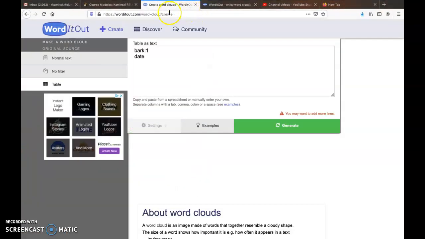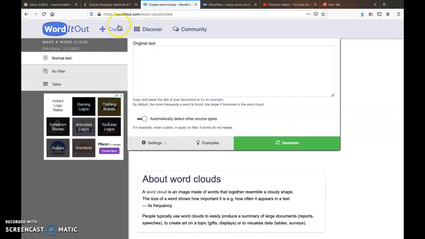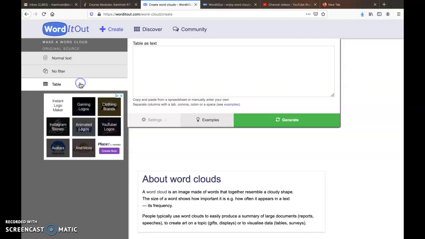All right, guys. So just like we talked about in the Zoom meeting, you guys are going to go to worditout.com and you're going to go to create. Once you get to create, you're going to go down to table. And this is where you're going to look up different multiple meaning words and you're going to make a word cloud. So some multiple meaning words would be clip,